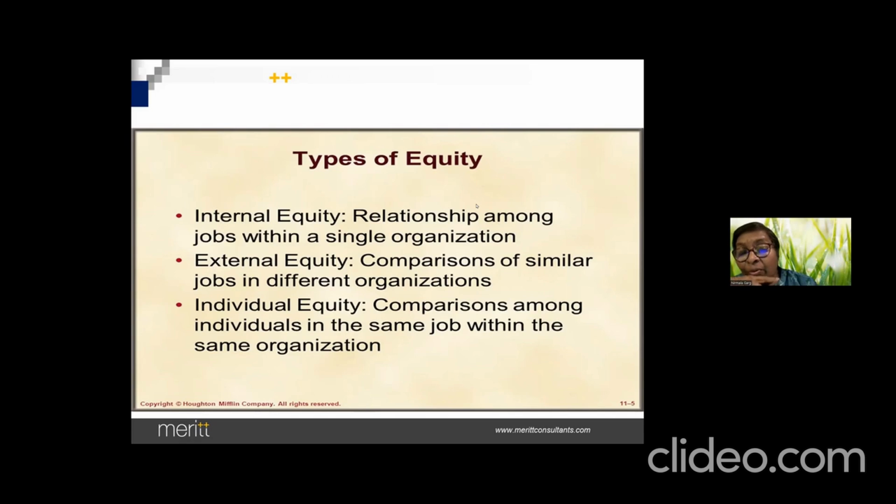So whenever we are talking about individual equity, what do we do? Either we do that through variable pay. That means I'm a guy who can perform much more. Like I'm a sales guy who can sell a lot. But there is no incentive for me. I'm also being paid the same base salary, and the other guy is also getting the same base salary. Then why should I sell more? I will also sell the minimum.